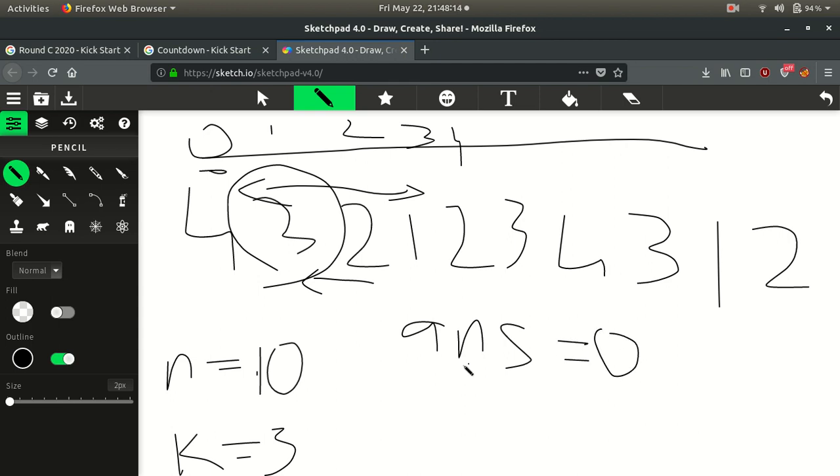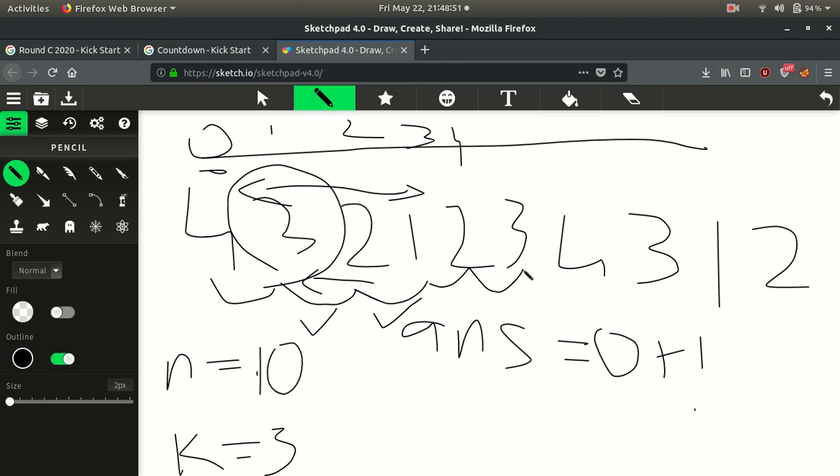So first the answer is 0, then we start from 4, then we come to 3. So now k is equal to 3. So now we will just check the next k minus 1 elements if they are just 1 less than the previous elements. Okay, so here 3 to 2, yes it satisfies. 2 to 1, yes it satisfies. Okay, so we will just increment the answer by 1, and then we will just pass the array from 2 to 3, then 3 to 4.